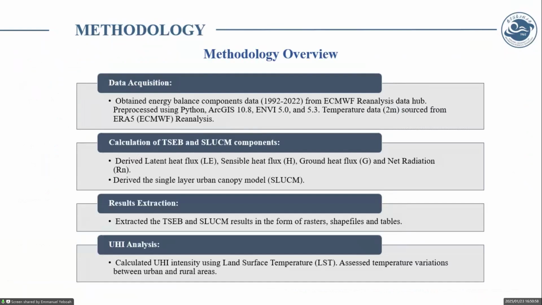Also, of course, we derived the single urban layer model by subtracting air temperature from land surface temperature. And then we extracted the results in the form of raster, vector, and tables. And we went on to calculate UHI, which is urban heat, where in this case, we are subtracting the temperature from the rural temperature, utilizing the difference between the rural and